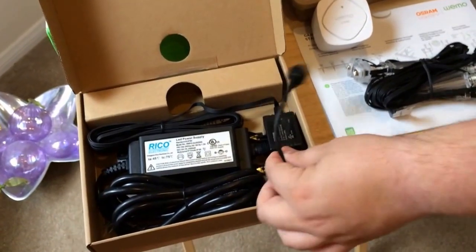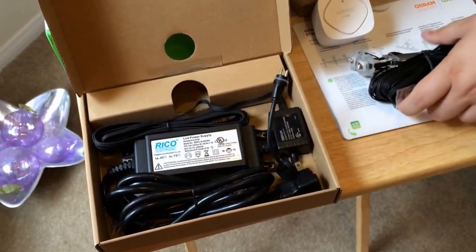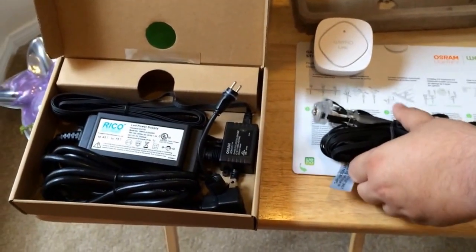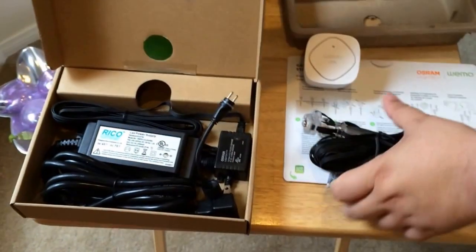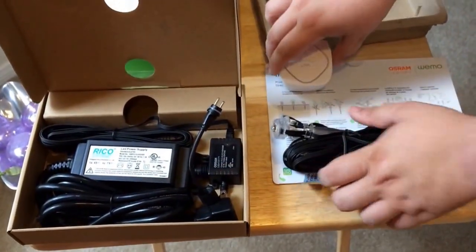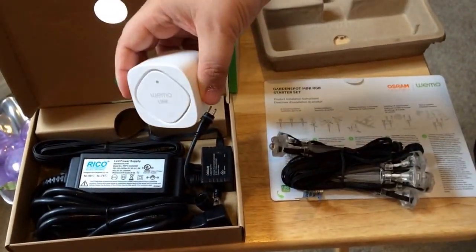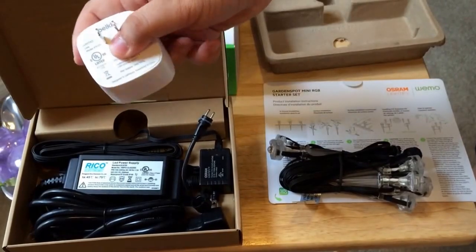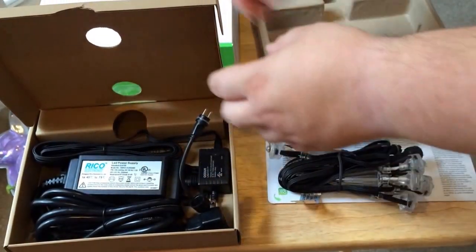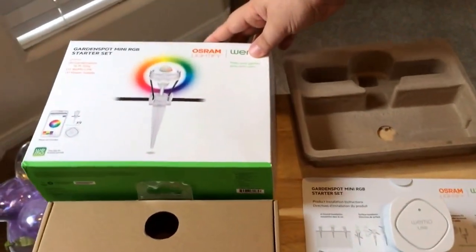And then this is the charging equipment that you'll use to power all of these units here. So it's 3 separate pieces. It's the power units, it's the actual lights that are connected, and then you have the WeMo wireless adapter, which is app enabled. And you just simply plug it into your wall and you're off to the races. So this is the WeMo Osram Lightify Gardenspot Mini